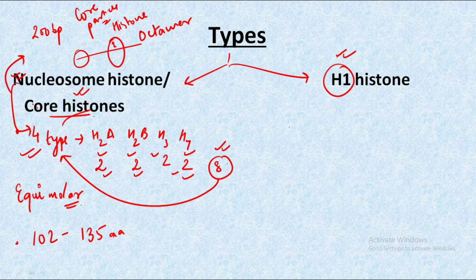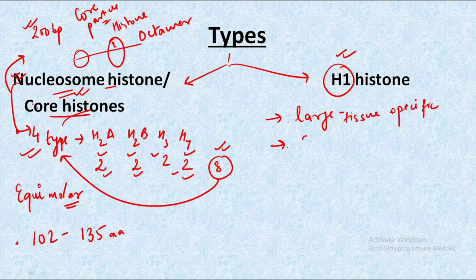It is a large and tissue specific protein. You need to remember the various important characteristics of the H1 histones also, because it carries some specific and different characteristics. The next important point to remember is that it is present one molecule per 200 base pairs, and they are loosely associated with the DNA. As after every 200 base pairs we have the nucleosome histones, we also find one H1 histone present after every 200 base pairs.